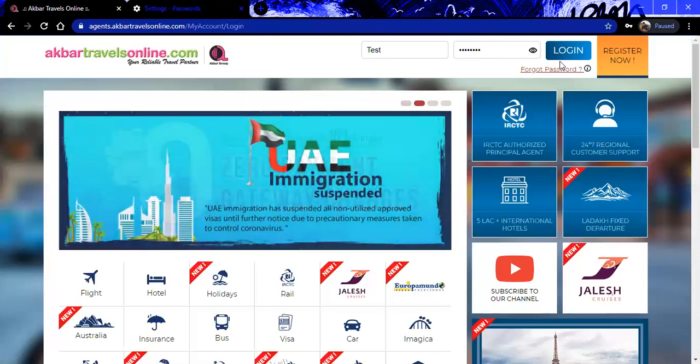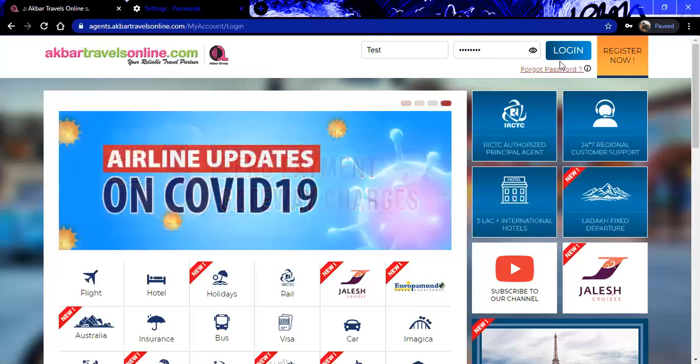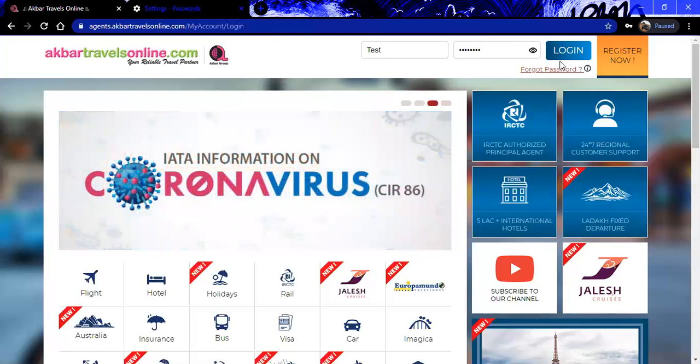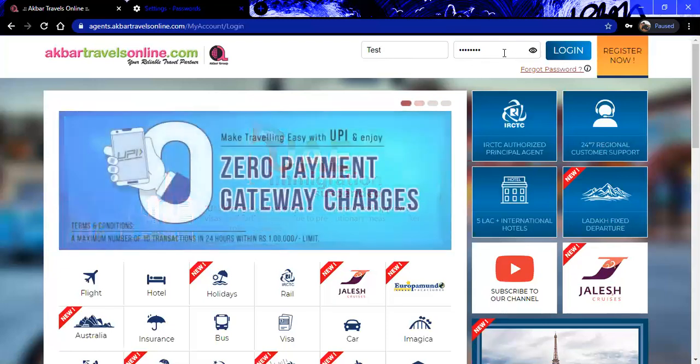This OTP will be sent to the registered mobile number and the email ID provided at the time of registration. You can check whether it is active or not and then go ahead with the login. Okay, so this is how things go for a login.